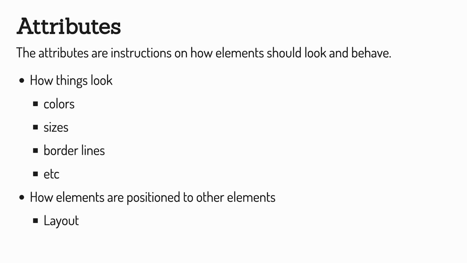Now that we've found out how to select different classes, we can also look at how we can change things. And we can change things by how they look or how they're positioned from each other. The things for how they look are things like color and sizes, and colors can be text color, border color, background color, all different things.